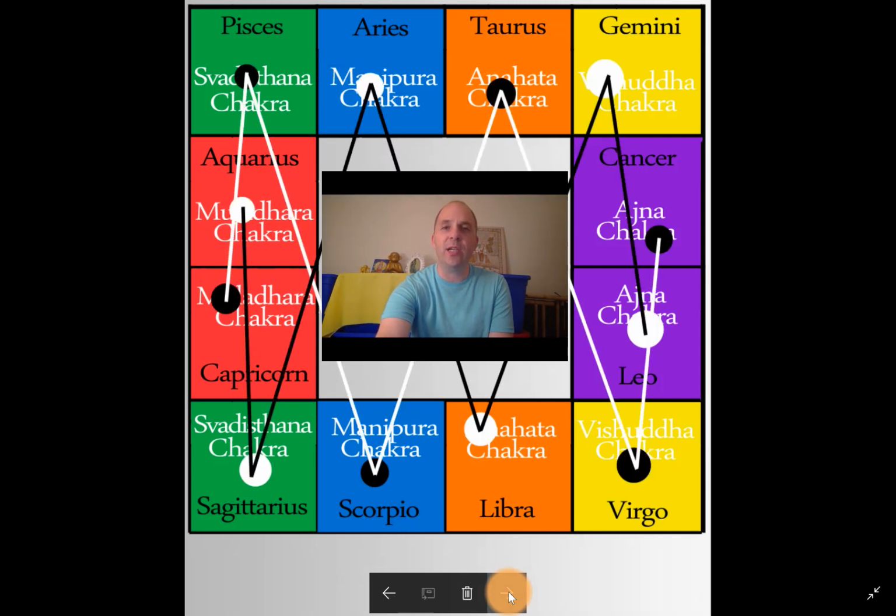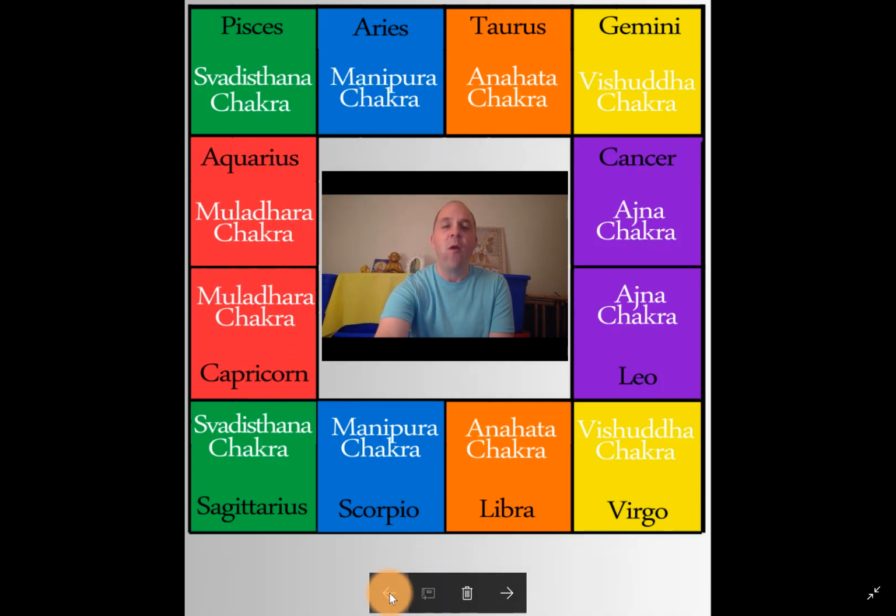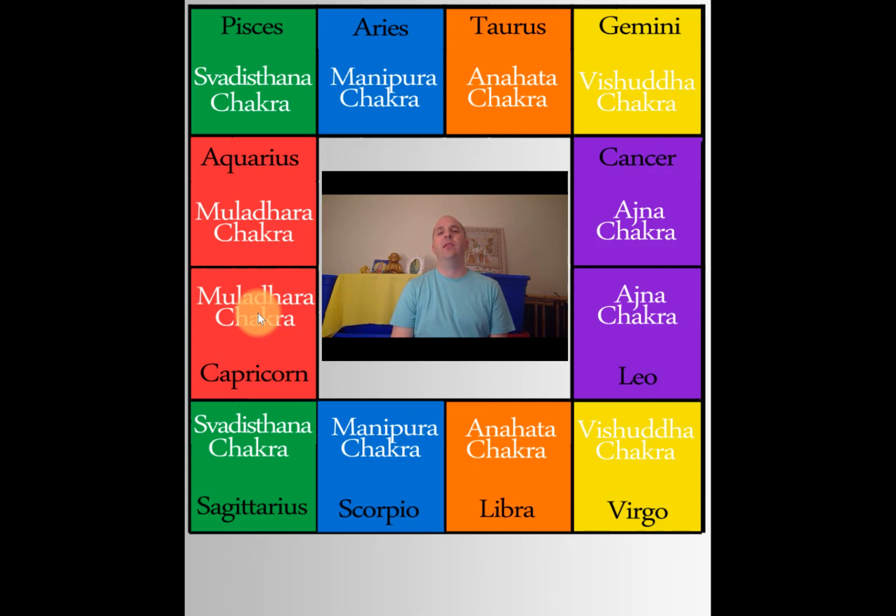Now, let's look at the zodiac here. And let's say, why is it that we would say that the Muladhara chakra is in Capricorn? Well, simply put, by using the tropical zodiac, what you see is that Capricorn represents where the sun is at its lowest in its apparent motion through the sky. The sun is in its most southern course. And then when the sun comes into 0 degrees of Cancer, that is the sun at its most northern course.